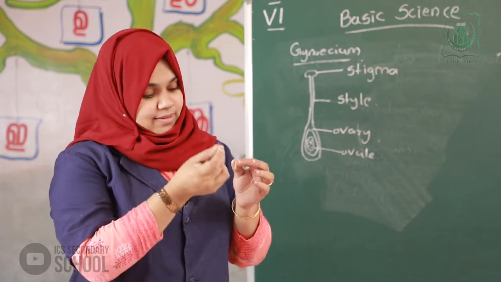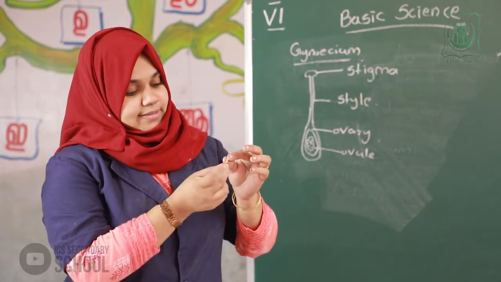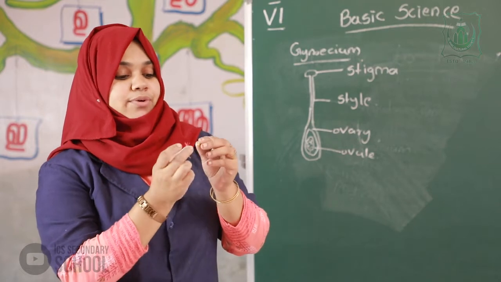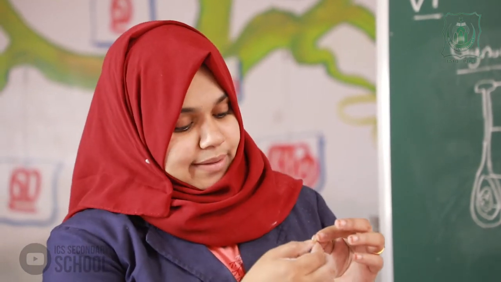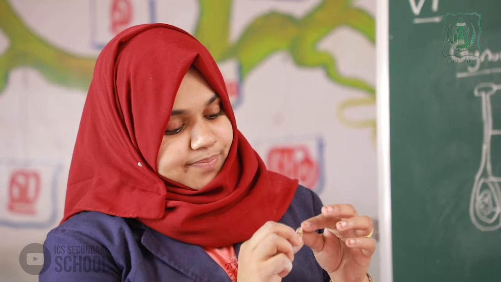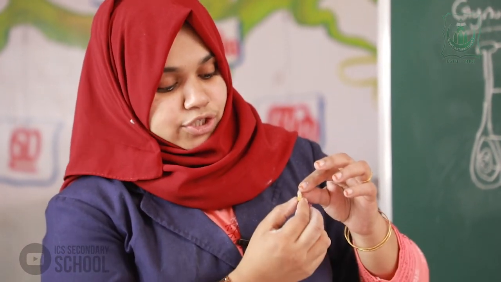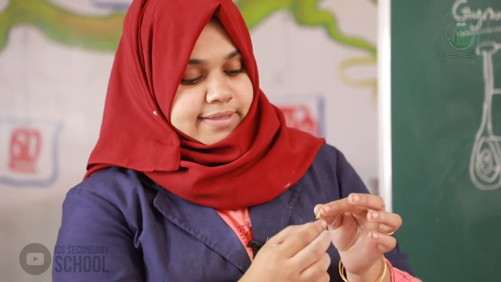Okay. Yes, it is very small and very difficult to see. That's why you also try at home. Take a hibiscus flower and look at the parts of the flower. That time you can understand this. This is the ovary and ovule of the gynoecium, this is the style, and this is the stigma. Okay. Next,